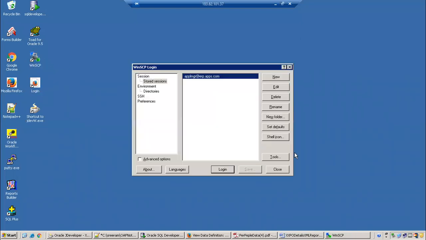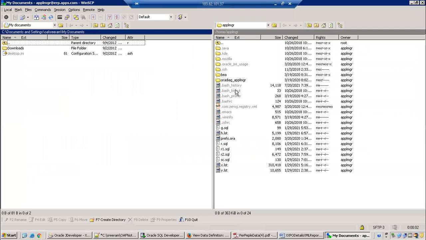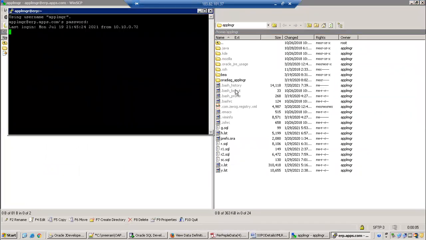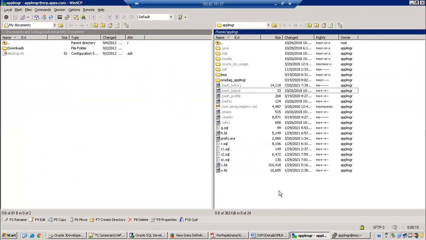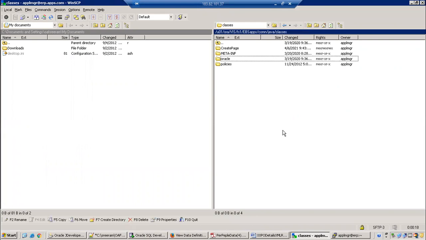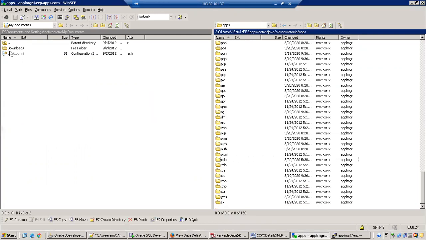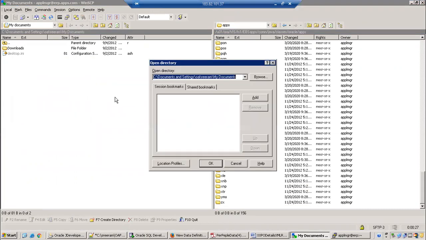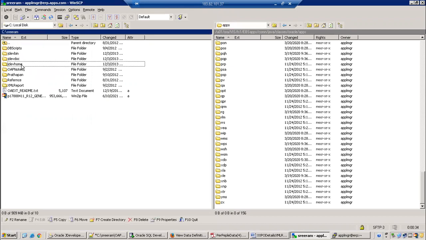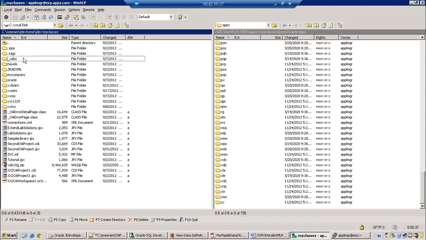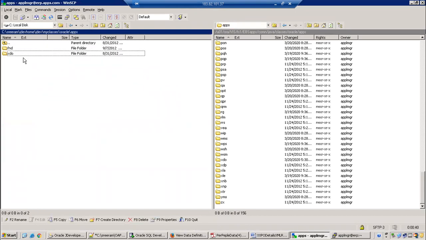Navigate to the application instance, go to your Java top, oracle apps xdo. So simply copy this total xdo folder from the server to the local machine, into your JDeveloper myclasses.